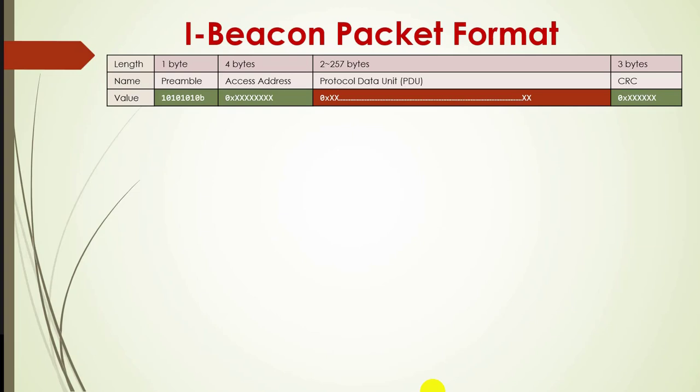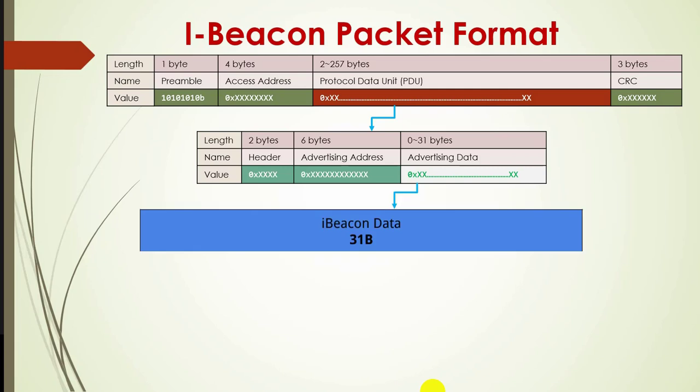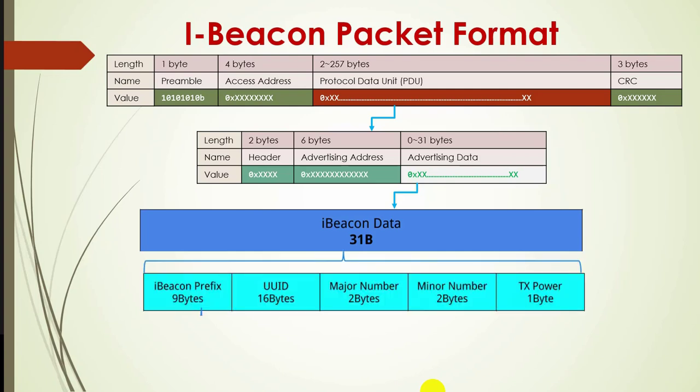So as I showed before, this is the basic Bluetooth packet format. Within this, you have an advertising PDU, which consists of 31 bytes of advertising data. iBeacon actually comes into the advertising data. So this 31 bytes of advertising data can be divided into 9 bytes of iBeacon prefix, 16 bytes of UUID, which is a unique number, 2 bytes of major number, 2 bytes of minor number, and 1 byte of transmitting